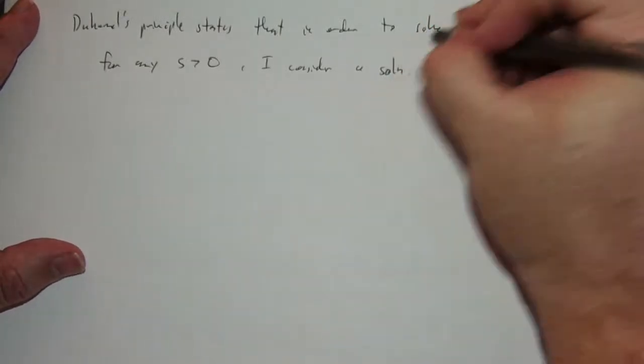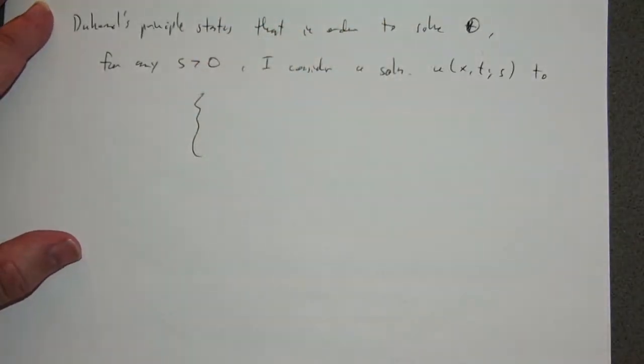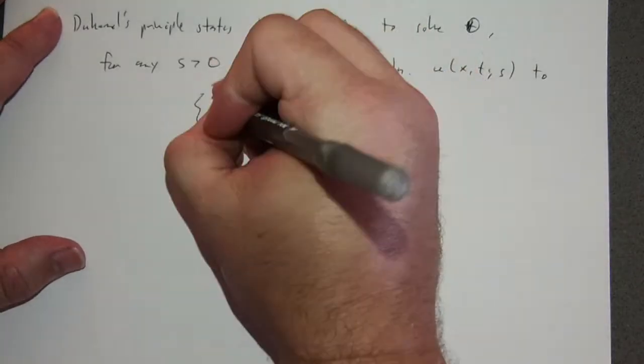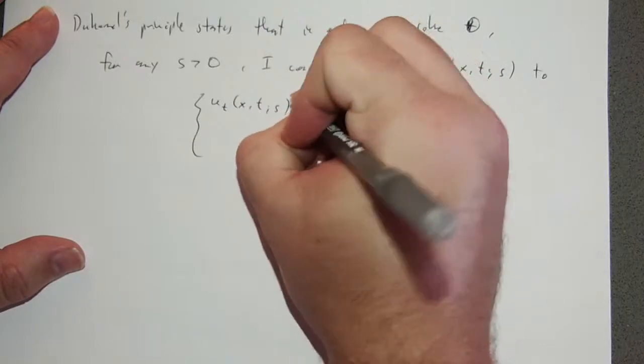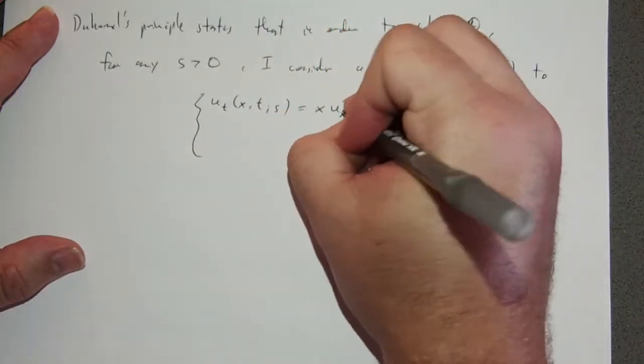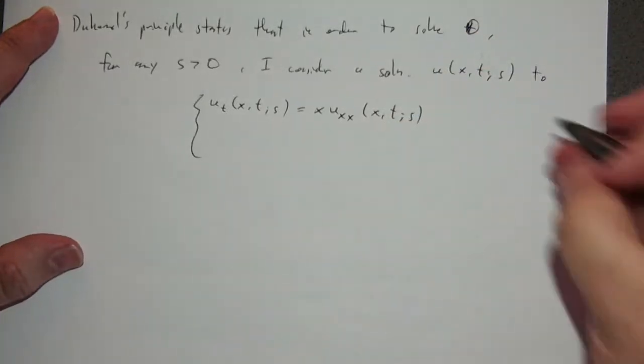So I consider a solution u to the following IVP BVP, which is u sub t of x, t, s equals alpha u sub xx of x, t, s, where